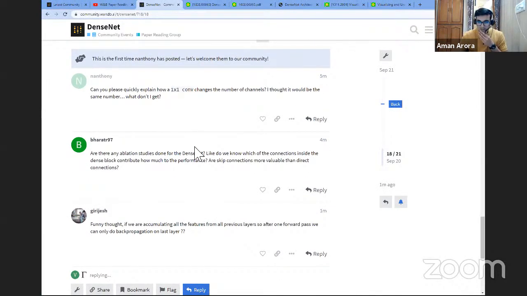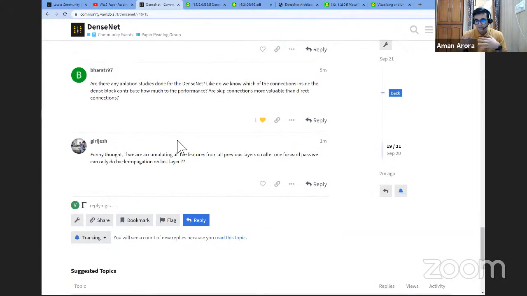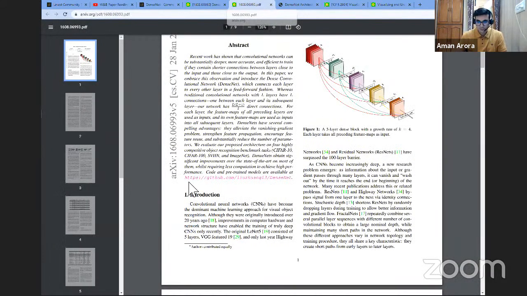Are there any application studies done for DenseNet? Like how do we know which connections inside the dense block? I'm not sure if there are any application studies, but as part of this paper reading group, my main goal was to make sure that the audience understands what the DenseNet architecture is and how it is different from ResNet. As far as that's been accomplished, I'm going to be a happy person. In terms of ablation studies, there's a whole lot of ablation studies that we can do. So before answering more questions,